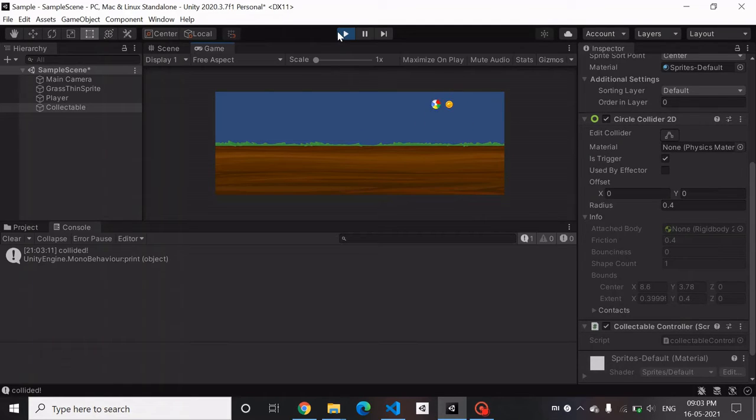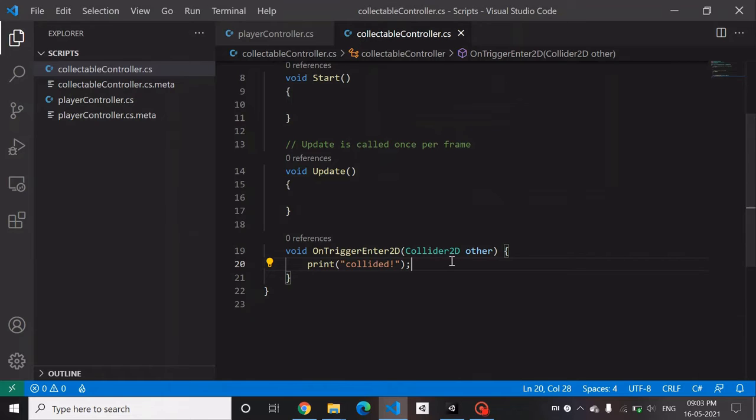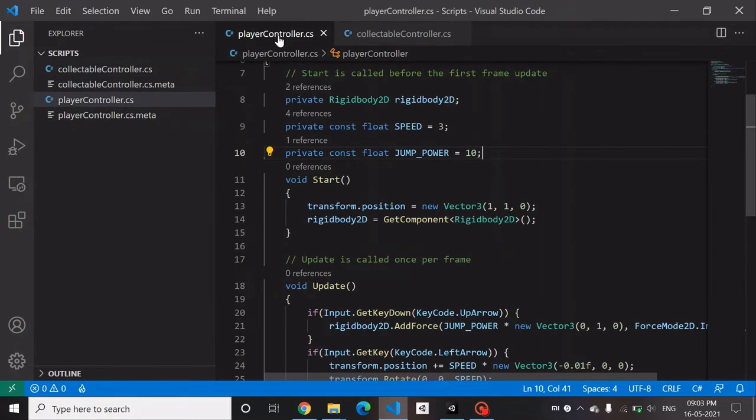So here when we collide, the function collide, the print statement is happening. Let's go back and see what we want to do when the print happens, when the collision happens. Firstly, we want to notify the player about it. We want to increment the player's score. So let's first add a function